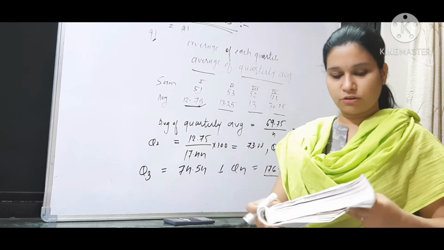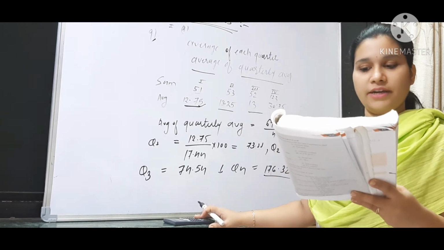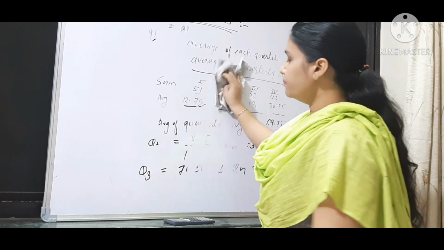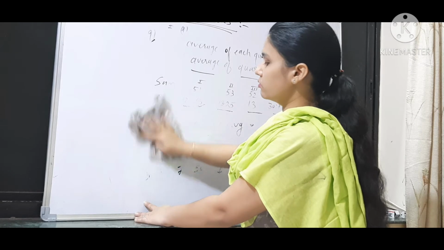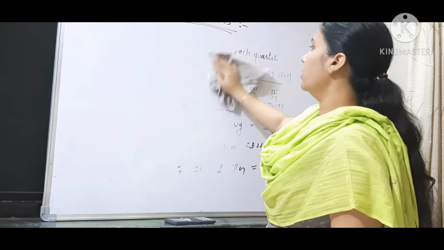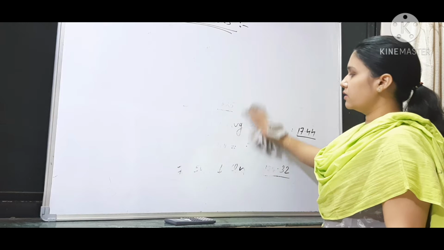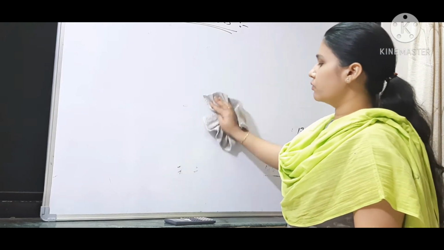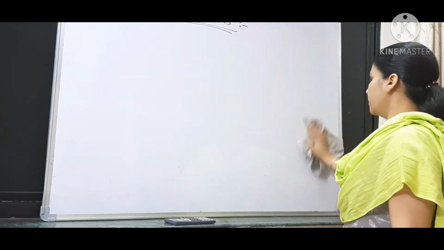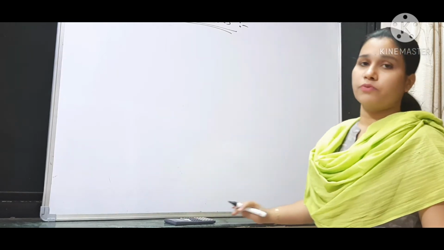The next question is based on, again, assuming no trend in the series, calculate seasonal indices for the following data. See, those questions which are simple and take less time, only those we will solve, because such lengthy questions are not asked. You know that in the C exercise there are some questions which have a weightage of 5 marks, and I have told you that such questions are not asked in the exam. 5 marks questions are not there. So why should we waste our time on such lengthy questions? We will solve smaller questions and those which are frequently asked in the exam.